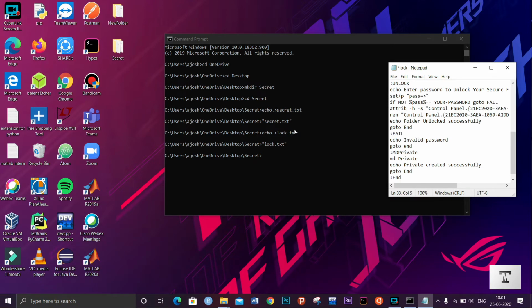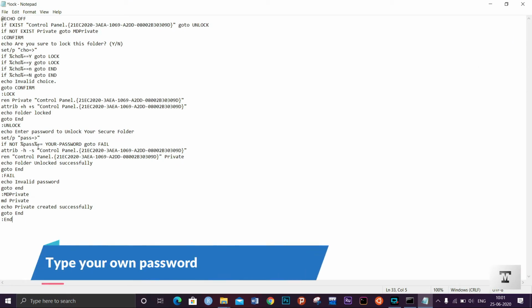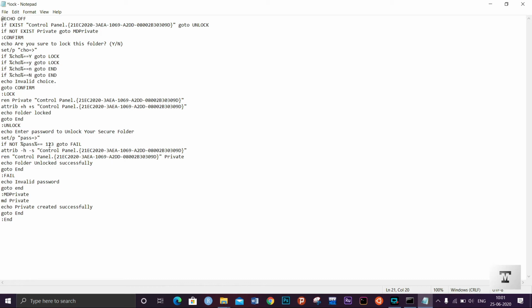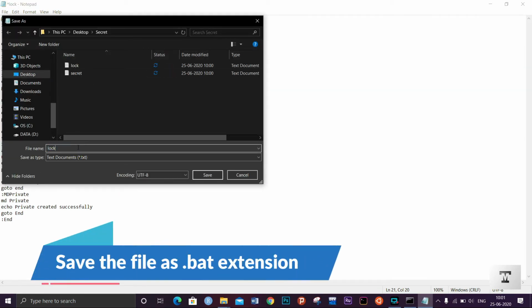I'm just pasting it, and here the code is, and inside this code go to your if not %pass line, and then in place of your password just type any password which you want, like I am typing 123, and make sure that there is space after 123 and before 123, and then just tap on file and save as lock.bat.